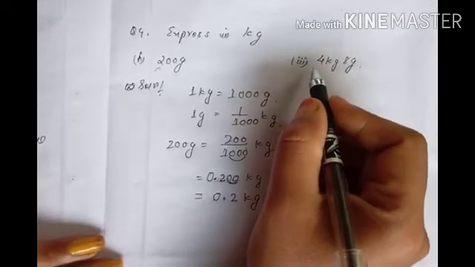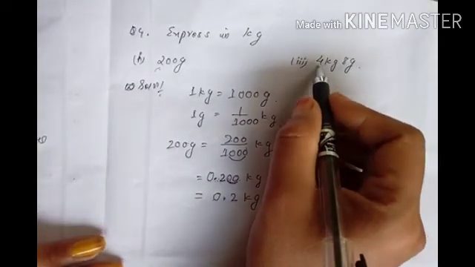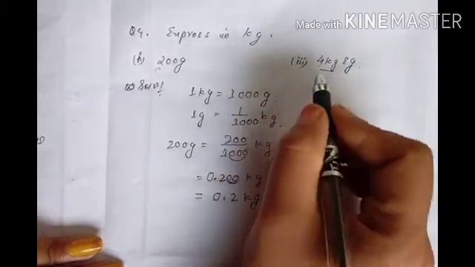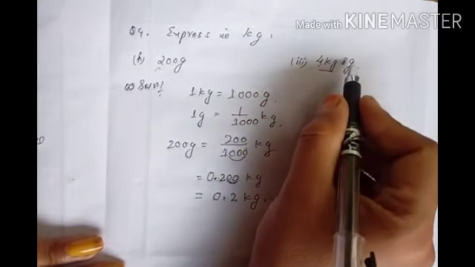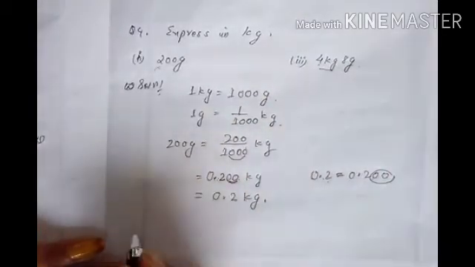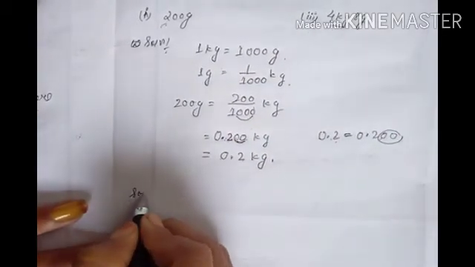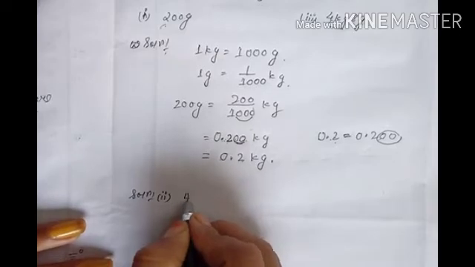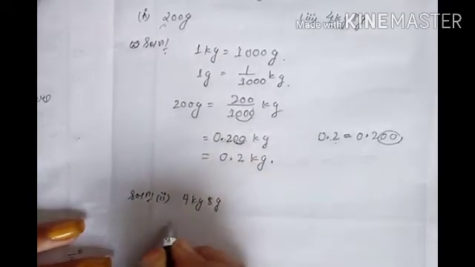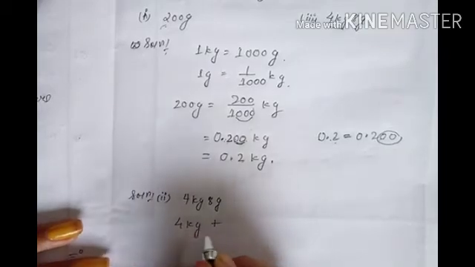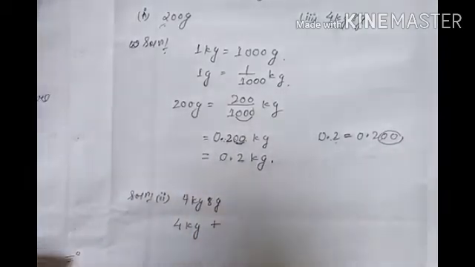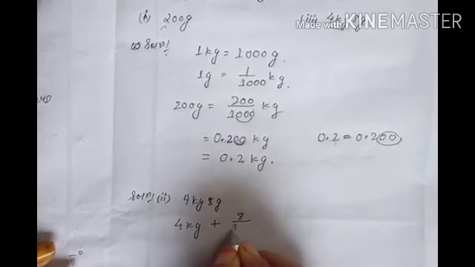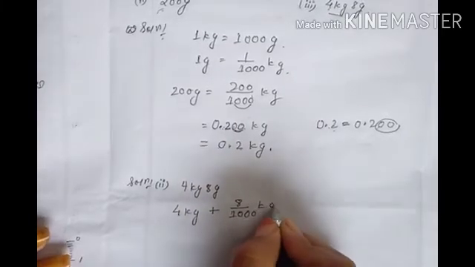Now next question, 2 is your homework. Now question number 3, 4 kg. This is already in kg, because we are expressing this in kg, isn't it? So this is already in kg. Now here it is given 8 gram. Now you will convert only 8 gram to kg. So here I will do the solution of 2, 4 kg 8 gram. So what you will do, you will add, isn't it, 4 kg plus 8 gram. Now 8 gram you have to convert to kg. How will you convert? 8 divided by 1000. Now this will become kg, isn't it?